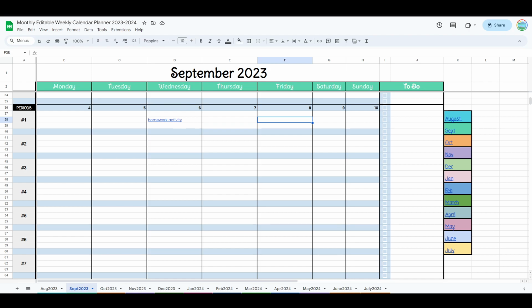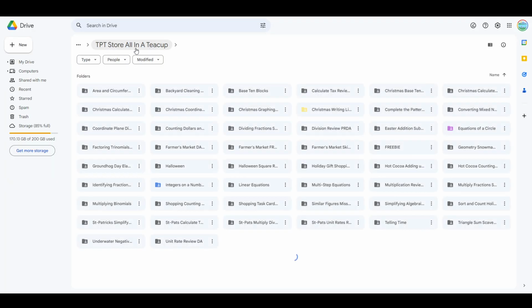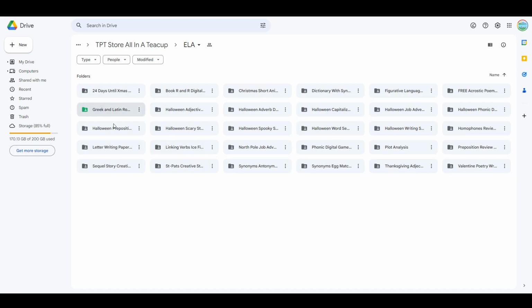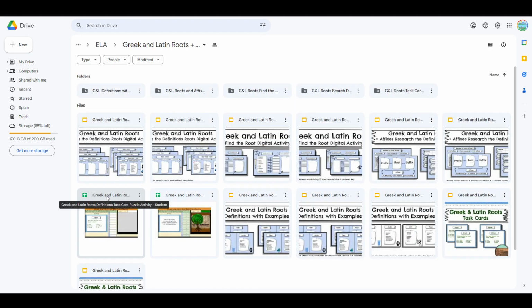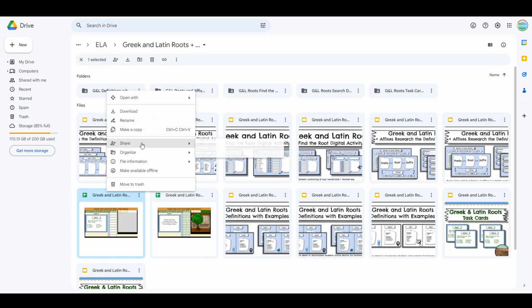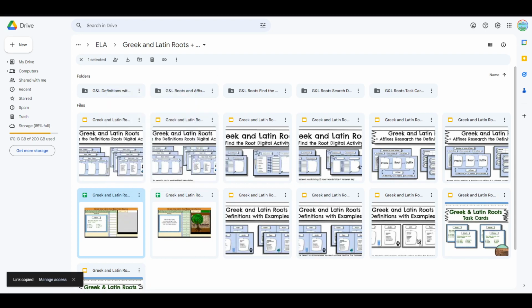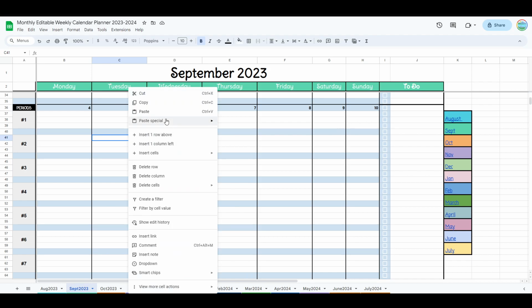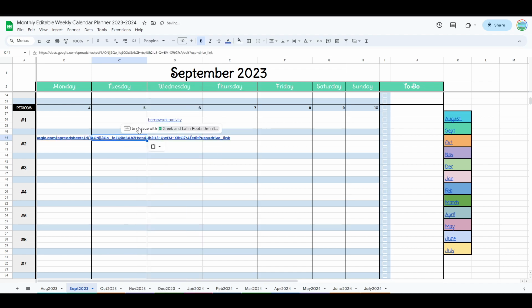The other way you can do it, which is new, and I really like this one, it saves me from writing so much. Let's go into a long title. Give me a long title. Greek and Latin roots. If I want to have this activity to be used, we're going to do it again. Right click, share, and go to copy link. The new way that Google has done this is that you don't have to write anything in the cell. You're simply going to right click, and instead of going to insert a link, you're going to paste. And it will prompt you: do you want the URL or